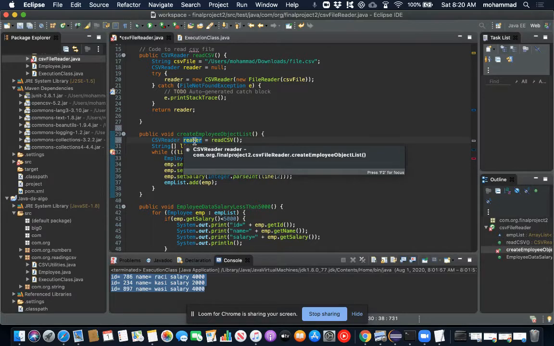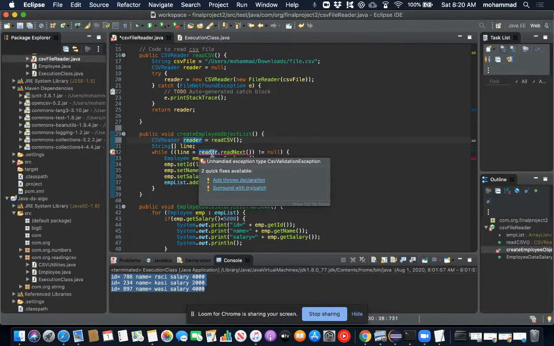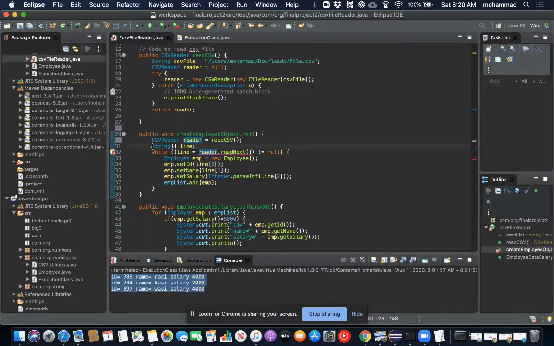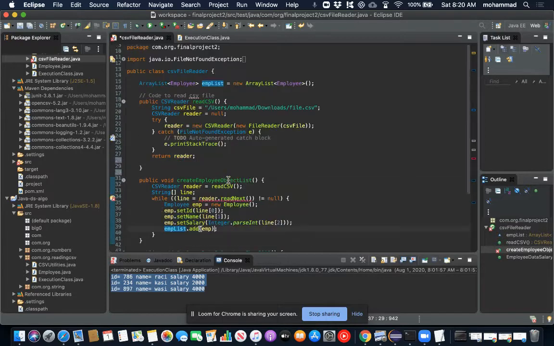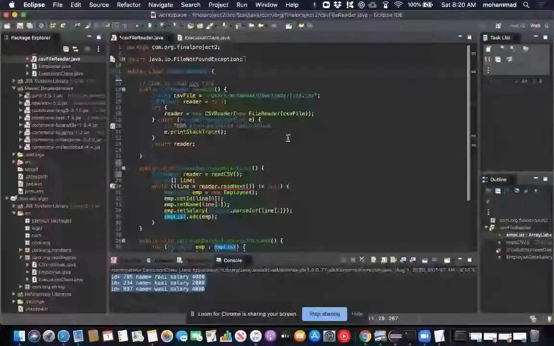Now that we have the reader's file, we can loop through it. Reader next, create an employee object, keep it in an employee object, and in an employee list, add all the objects. Now this doesn't need to be a class variable, it can be a function variable.